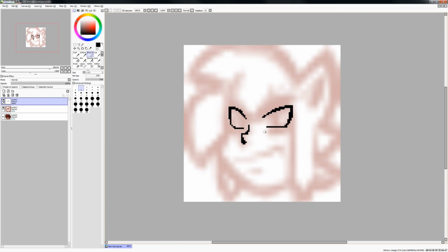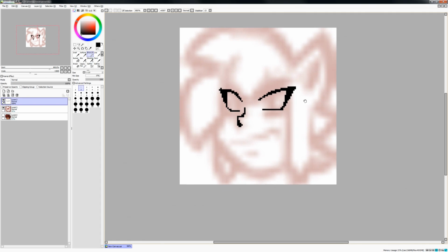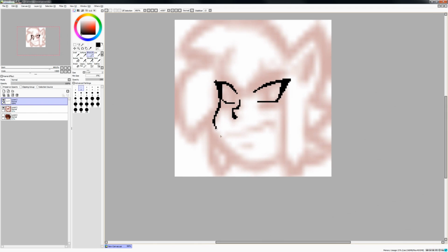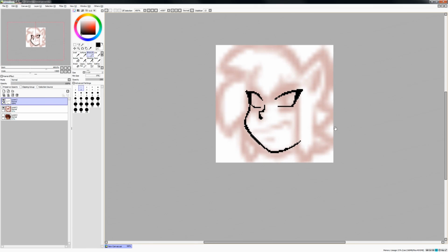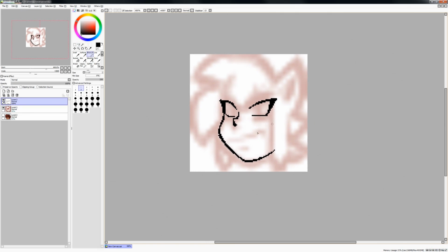And if I was drawing an actual illustration, I would start adding little lines here, like a little cheek line or something. But that's only going to complicate matters, so let's not do that. I'll give her a little eyelash here and a little eyelash over here. And again, we're not focusing on details at this point. Just keep in mind the very basic framework of where all the colors and everything are going to be going, or not be going, more importantly. And I actually probably could move up this nose a little bit if she's going to be tilted up that much.